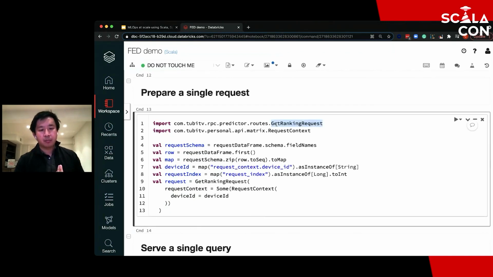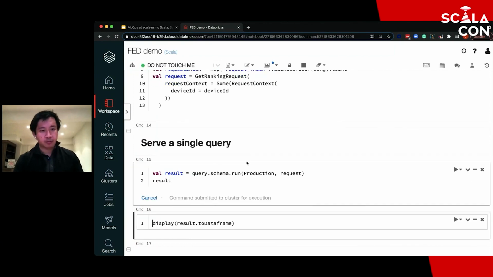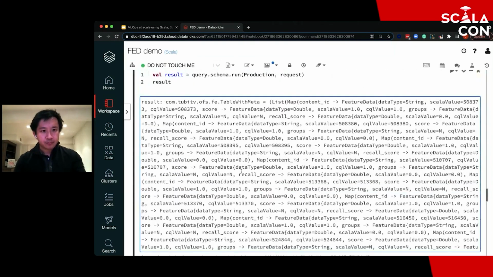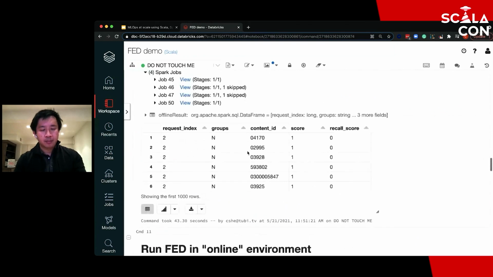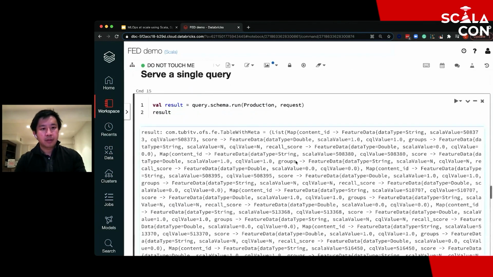So I just create a proto get ranking request, and I add some device ID to it and some fake data. And all I have to do is say query, and then run it in the production context, and give me a result. Right. So here's the offline request, and then here's what the online result looks like.